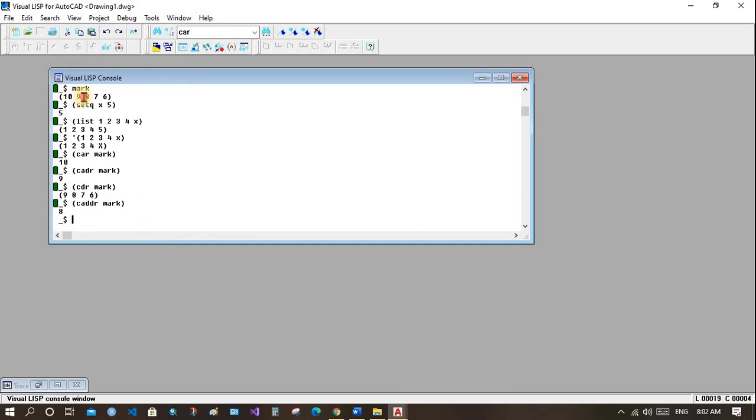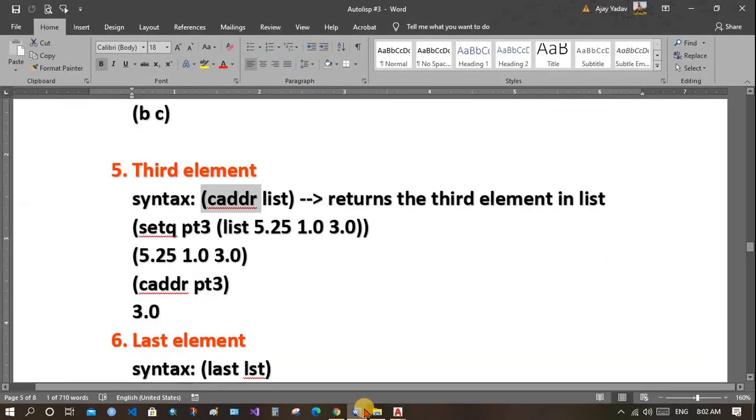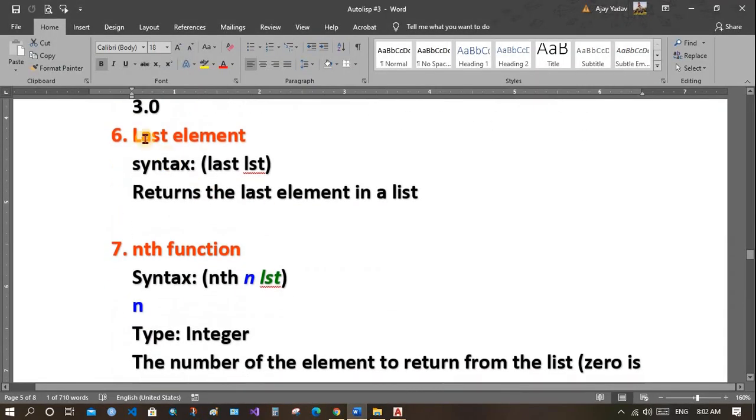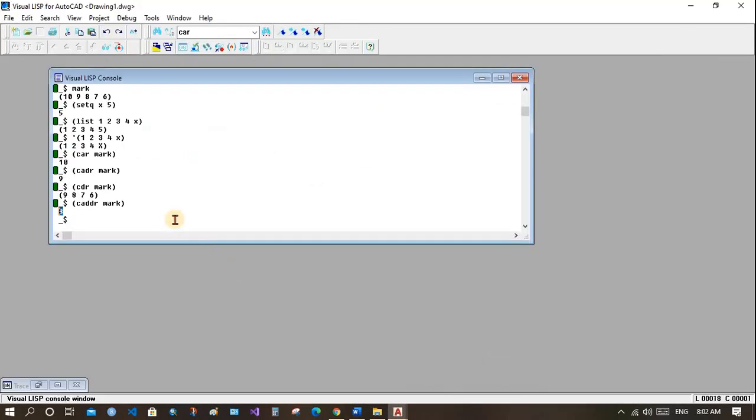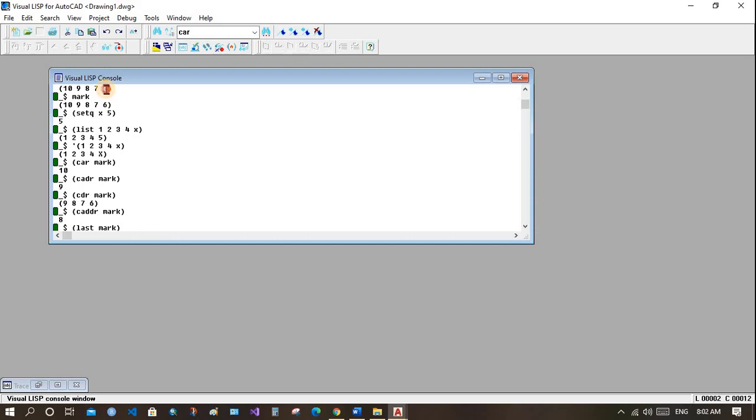Third element is 8. Last element using last. Last element is 6, and hence 6 is returned.